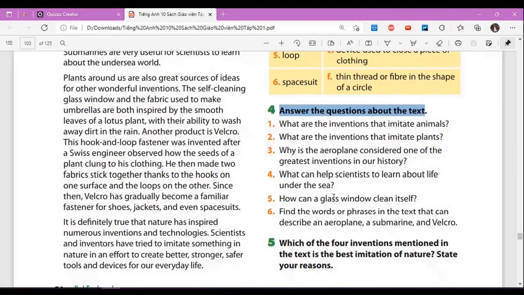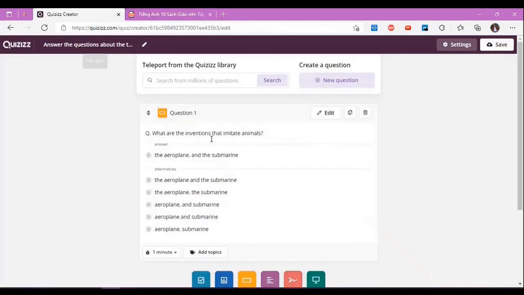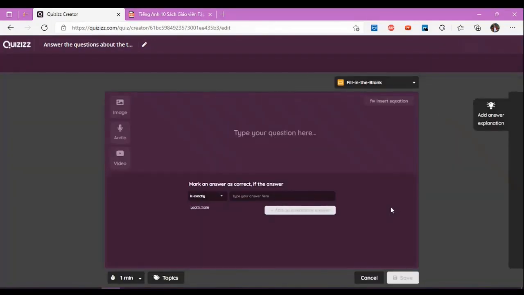In activity number 4, we have 6 questions in total, but I picked only question 1 and question 3 for demonstration because question 1 requires your students to list, which is pretty much the same as 2, 4, 5, and 6, like the rest. While number 3 expects a reason from your students, so it kind of stands out from the rest. That's why I picked these 2 to give you the overall look of how you can apply Quizizz in this case. So to create another question, click on New Question, fill in the blank, and just repeat the process.